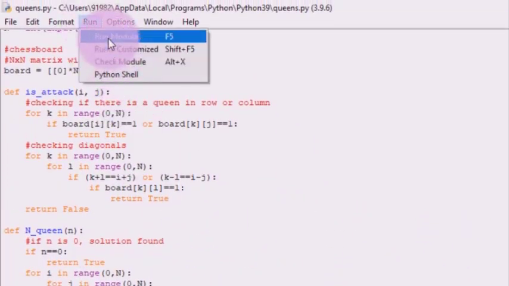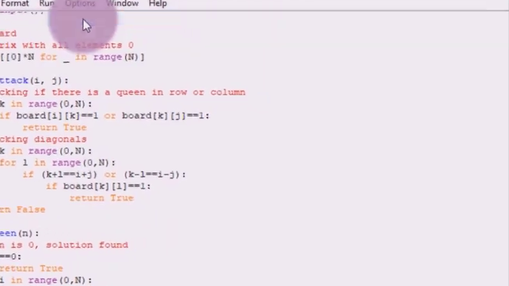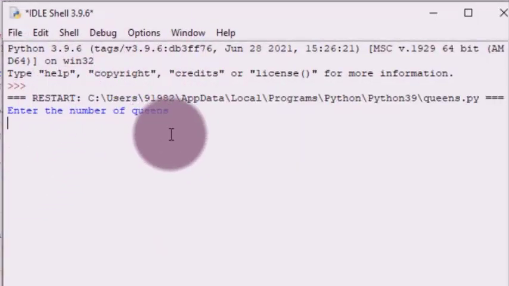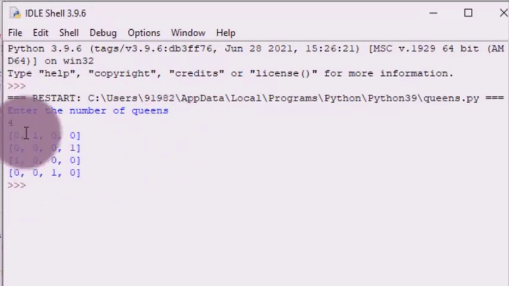I will run it again and I will show you. Run the module. It will ask you to enter the number of queens, as we are doing the program for 4x4. So I am going to enter the number 4 and enter. Can you see over here, it has placed the queens perfectly. Now the number 1 in this output is basically showing us the position of the queen. Thank you everyone.